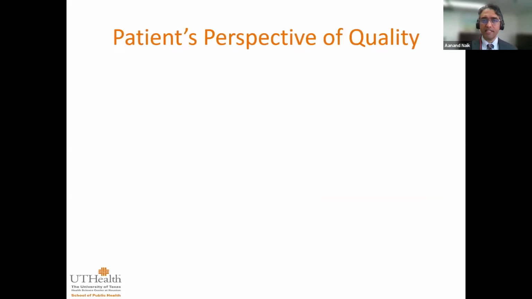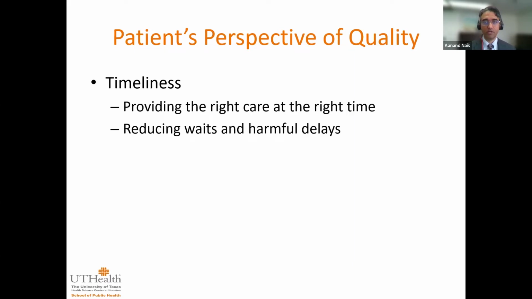So that's where really thinking about all dimensions as equally important, and not really one is instrumental. Why is patient-centeredness important? It's not important because it makes effectiveness better or safety better. It's important because in and of itself it is something that people judge the quality of a service or a system around. So I want to talk today about the dimensions that really come more from the patient's perspective. I think both of these dimensions you can also measure from an objective or a third party or a clinician's perspective, but these are the two measures that really require patient involvement and measurement.